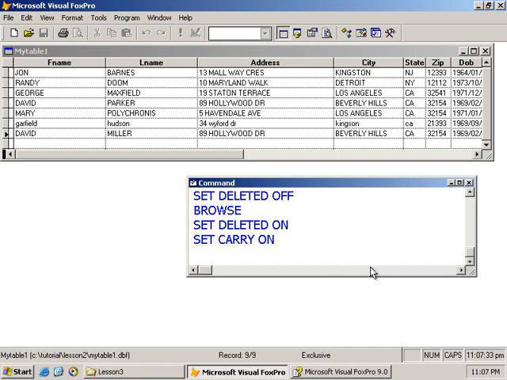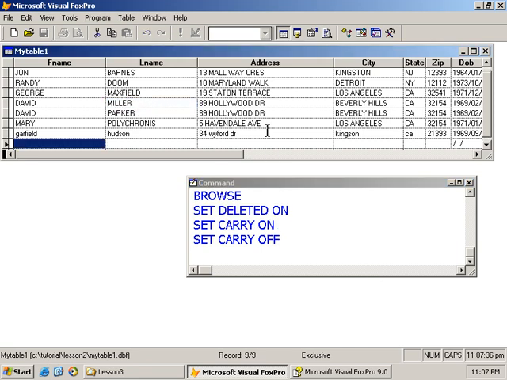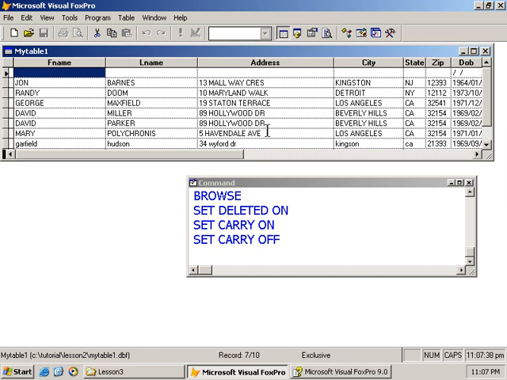But you want to make sure this is off most of the time. So when I go Control Y and create a new record, it's simply blank. With carry off, I get a blank record. With carry on, it copies the current record into the new record. And just to wrap this up,